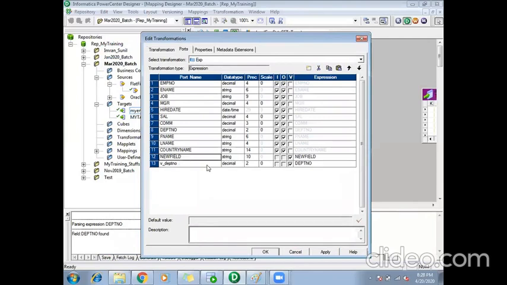I will keep it as a string, 50, say like 50. I will name it as v flag. And what I'll do is here,